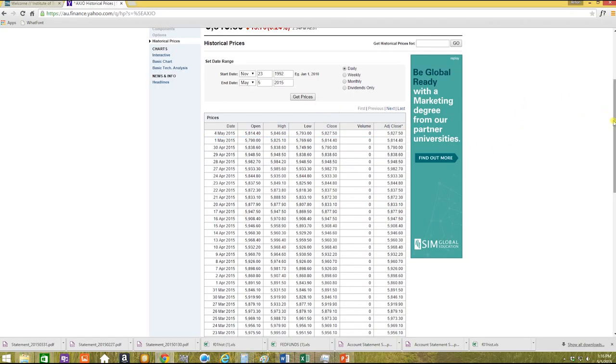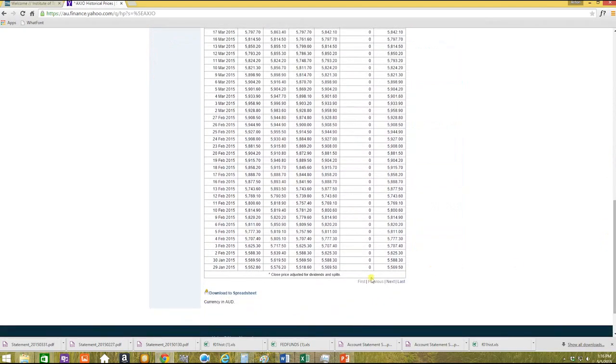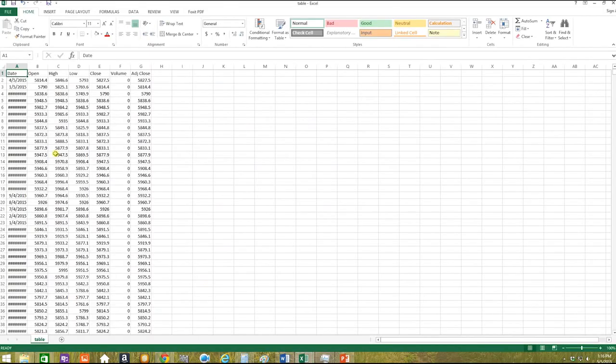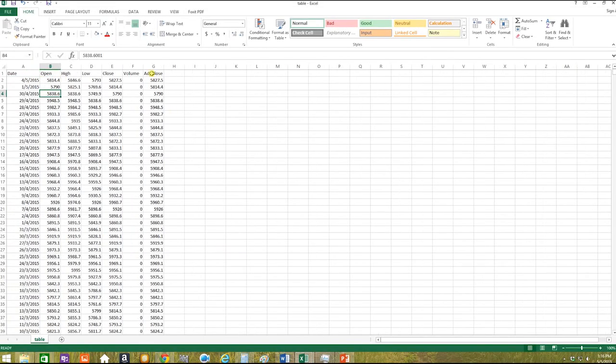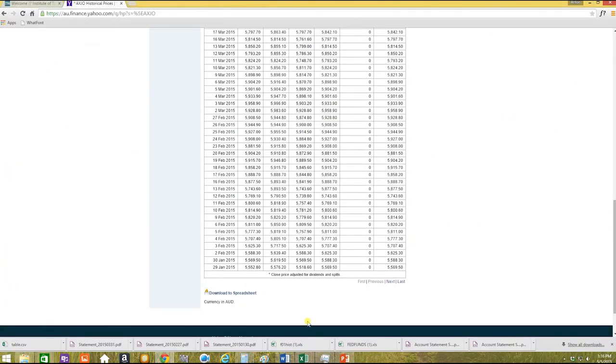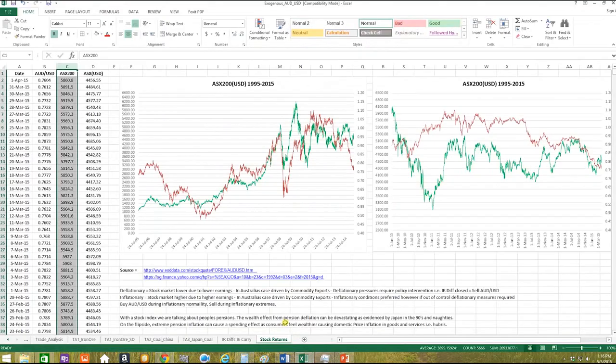And then all you have to do is scroll down to the bottom and you hit download to spreadsheet, and this opens up in your spreadsheet and that's the column you want. You want to take the adjusted close. So if we go back to the exogenous spreadsheet, again, we got our Aussie dollar, US dollar daily data from